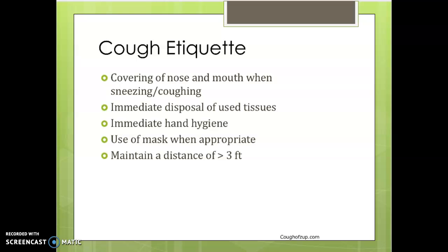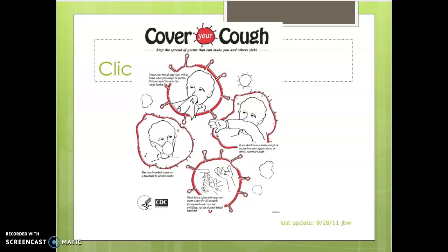So we talked about cough etiquette. You've heard the whole idea of coughing into the bend of your elbow. Of course, just covering your nose and mouth whenever a cough or sneeze is happening, and disposing of used tissues, immediate hand hygiene, wearing a mask when you can, social distancing. It's interesting because teaching this material every year, I feel that now it's just much more common knowledge throughout the general public. The whole idea of social distancing, I don't think we'd ever really heard those phrases until this year. So here's a poster from the CDC that talks about cough etiquette,